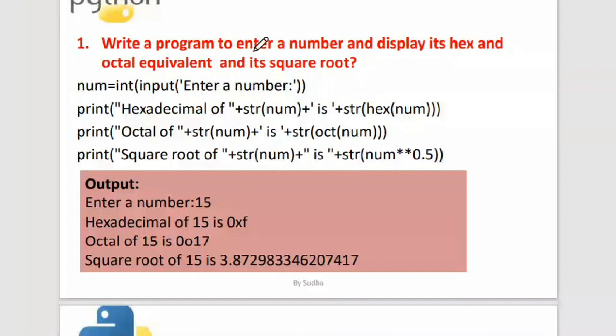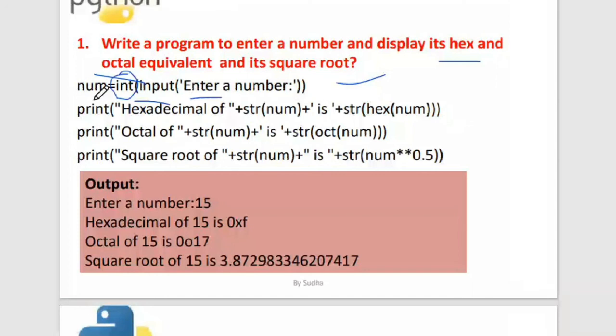Okay, so for that we are using this input function to take a number, and then we are actually typecasting it to integer over here. So we said num is equal to int of input enter a number. And after that, this is all about using your concatenation operator to print the result as you like on the screen. Okay, so how you want the result to appear on the screen, in that manner you are putting it in the print statement. Like how you write your printf statement, you write your printf statement in such a way that it is understood by the user. So in the same way we are writing that.